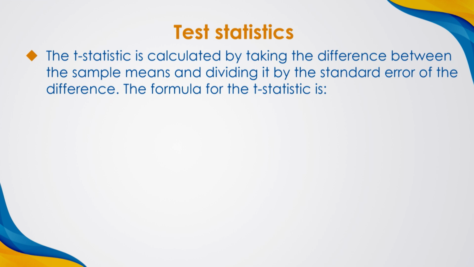Dear students, let us begin the third part of the lesson, in which you will learn about the computation of test statistics and obtaining the test critical values. The t statistic is calculated by taking the difference between the sample means and dividing it by the standard error of the difference. The formula for the t statistic is t equal to x1 bar minus x2 bar divided by